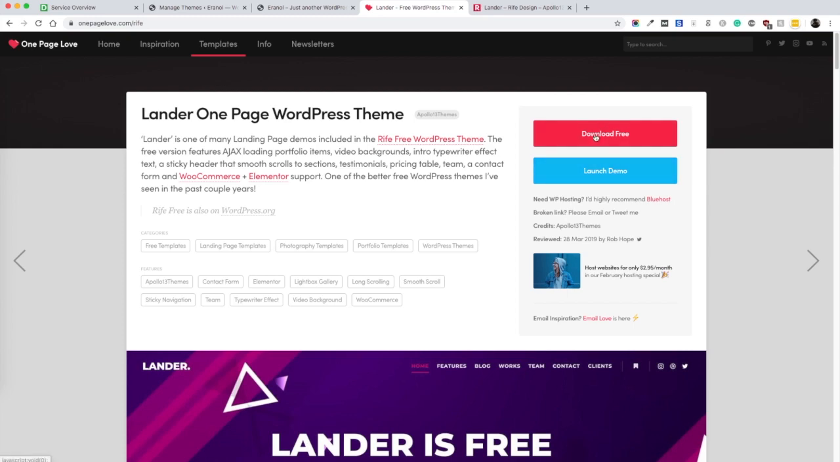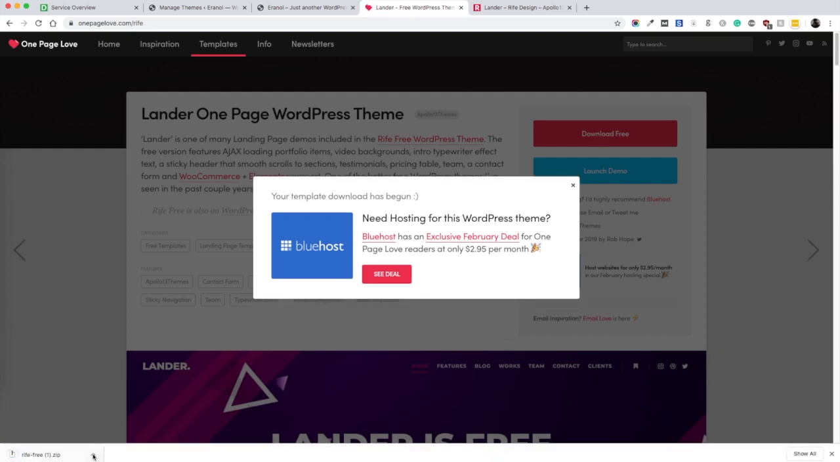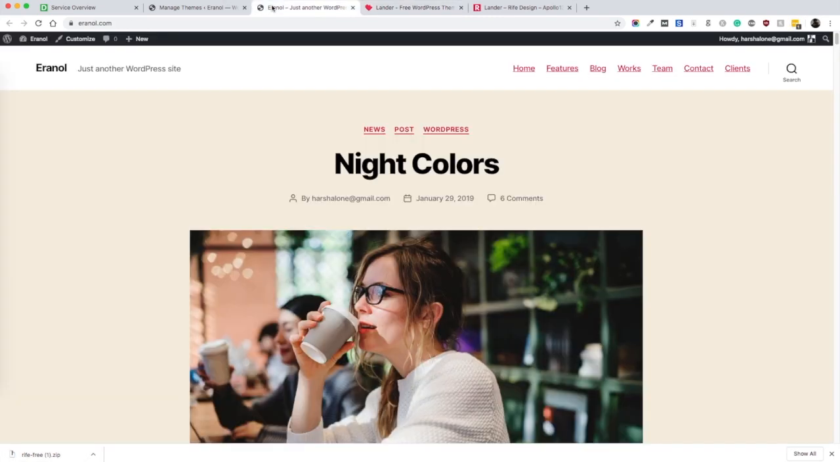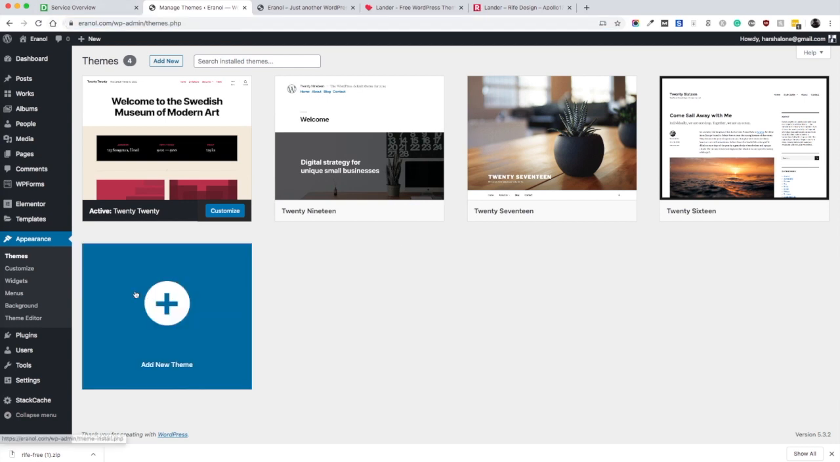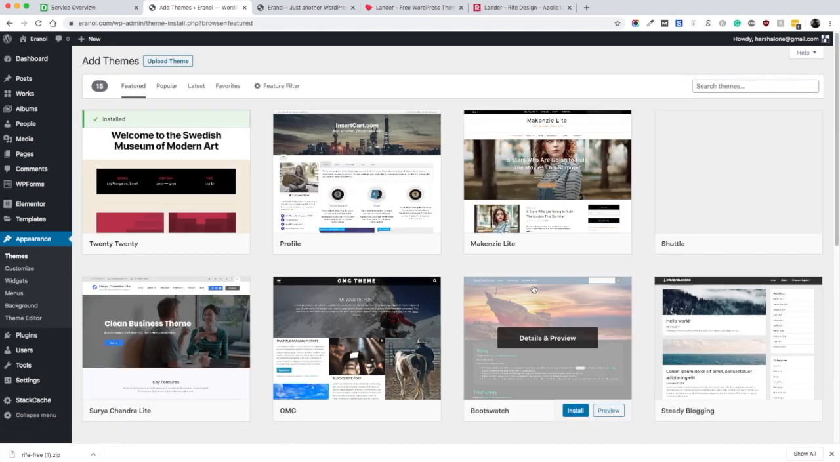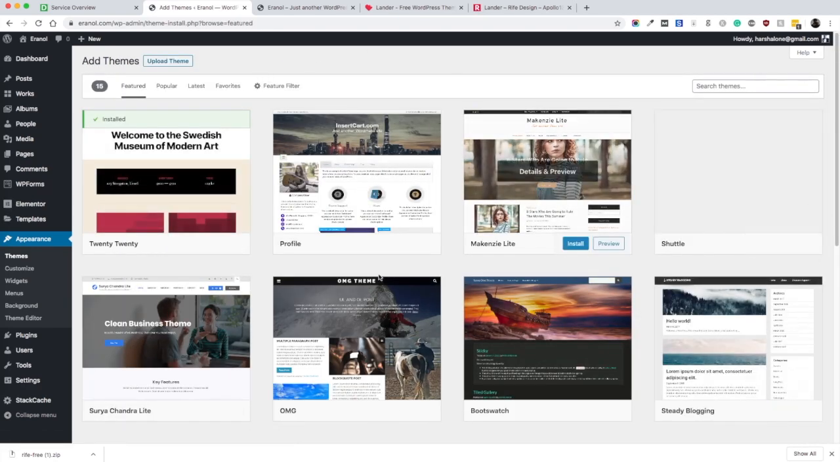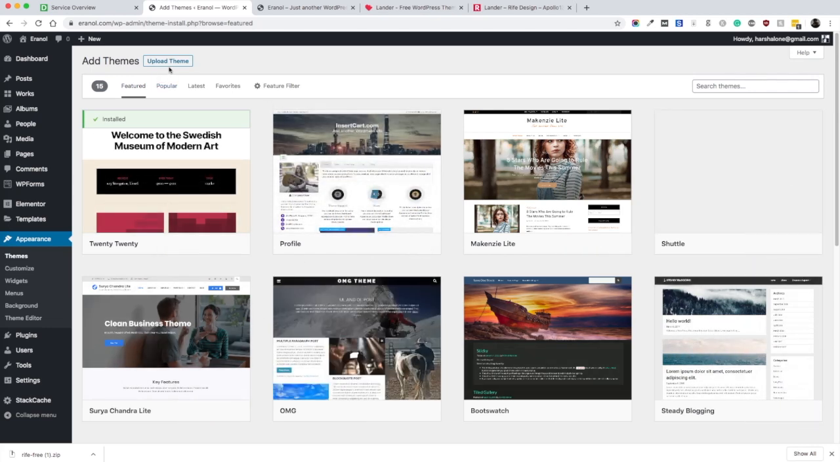Okay, so let's go and download this theme. When you click on the download button, One Page Love will start downloading it, and it will be downloaded into your download folder here. Then you go back to your WordPress dashboard, click on appearance again, and then click on the add new button, right? Once you click on add new, you will see lots of free WordPress themes available from the WordPress repository, but we have to